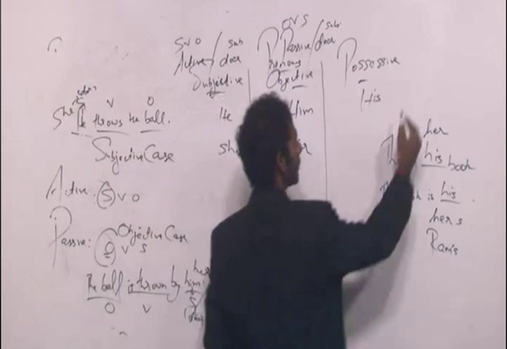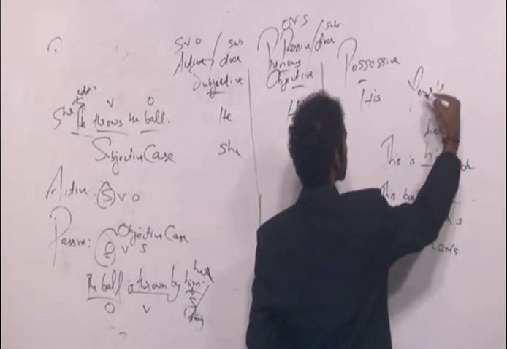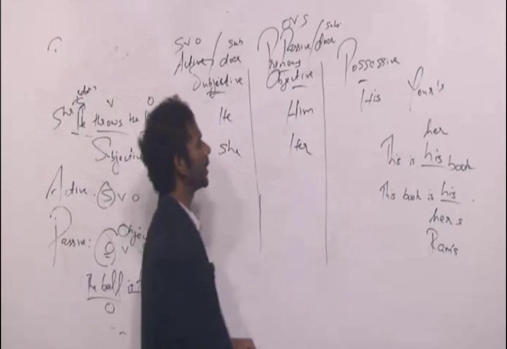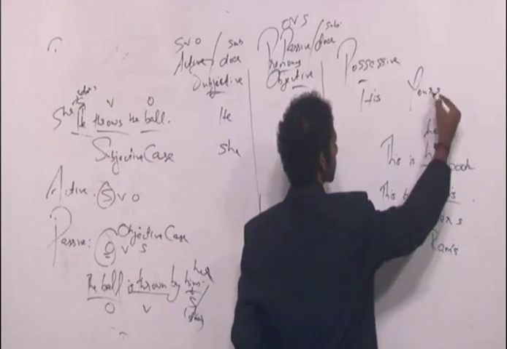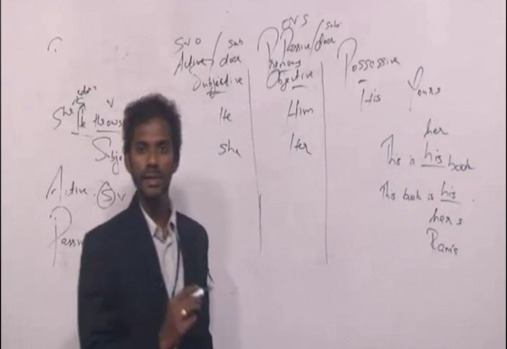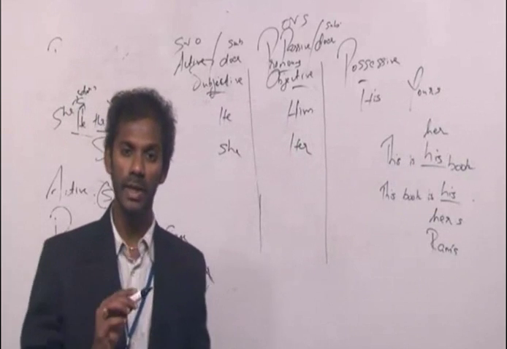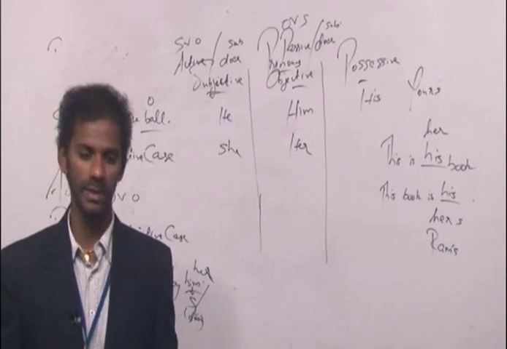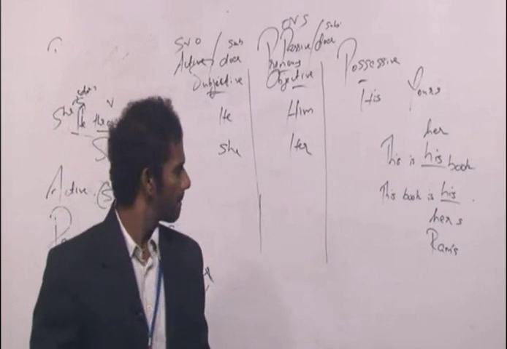Should you write Y-O-U-R-'-S? That is wrong. It should be Y-O-U-R-S, because "your" is a pronoun. And as I told you, we are showing possessive case with the pronoun. So no apostrophe must be used. Clear? You may take down that rule.